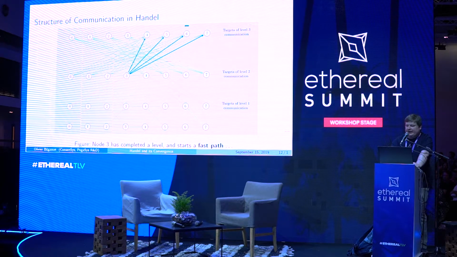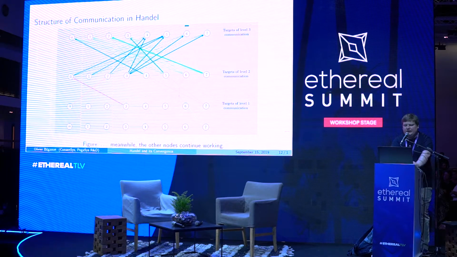And this continues, and at some point you might encounter a special situation where node 3 in this scenario has managed to aggregate a complete aggregate signature of its current level binary tree, basically. Everything below it at that level. And this triggers a special event called a fast path, where it decides to send its complete signature up to that level to many people simultaneously. But of course, this doesn't happen in isolation, and at the same time, there's other people talking.